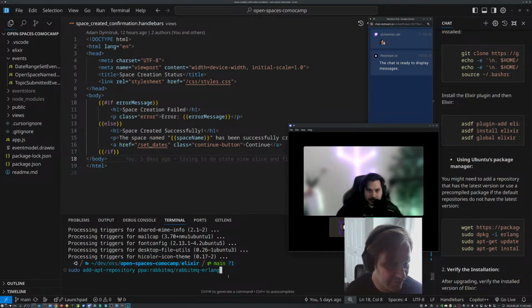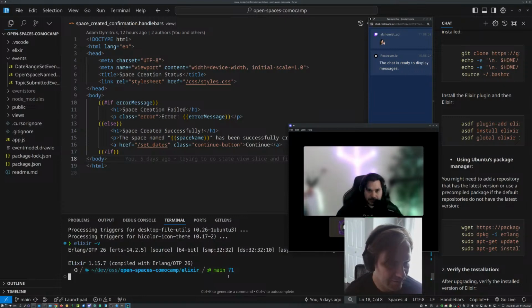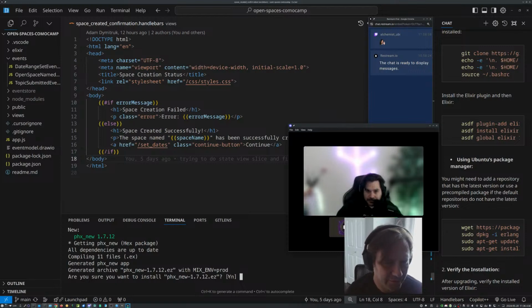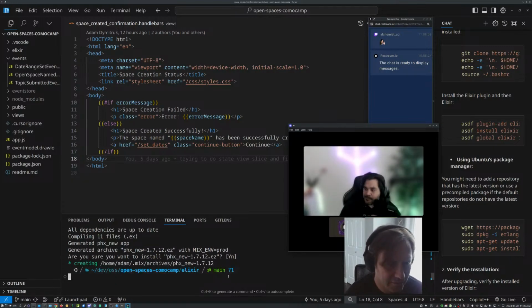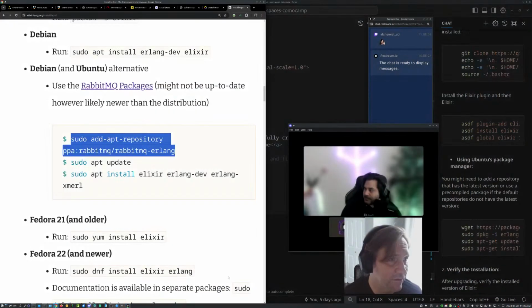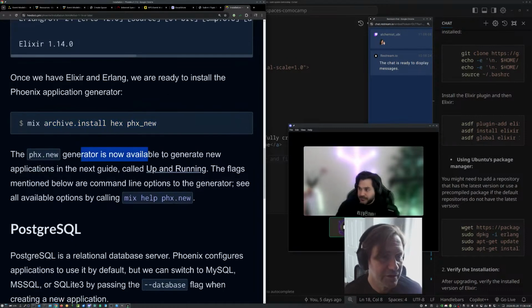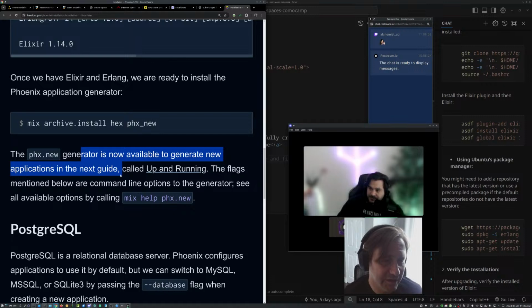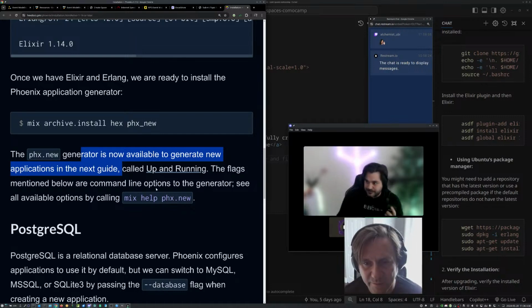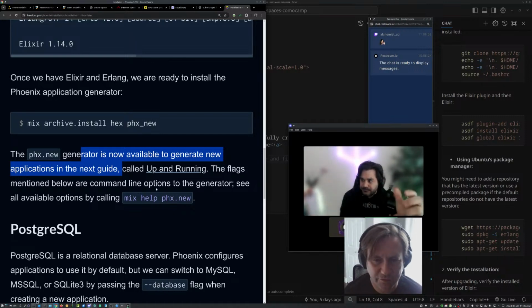So let's just see if, now we have, see, better version. So if we go to this, right, was this the one that failed? Yeah, because it was too old of a version. Okay, so now it should work. Right, so great. Yep. So now it's got Phoenix new. Okay, so this thing added Phoenix now, right? So I don't need to worry about this anymore. To generate new. So Phoenix generates applications. So this is the one that gives you the scaffold. The scaffolding, right? So you can run the application.